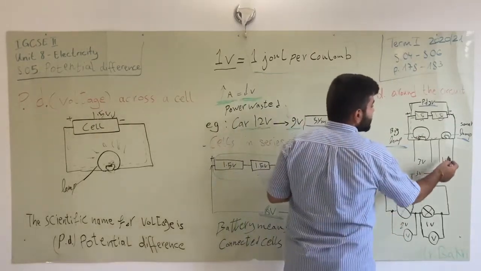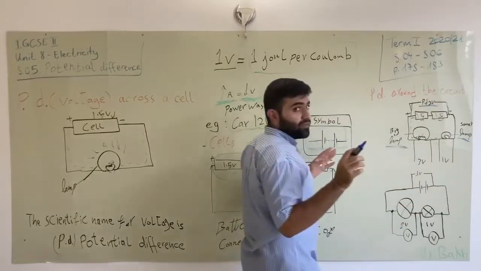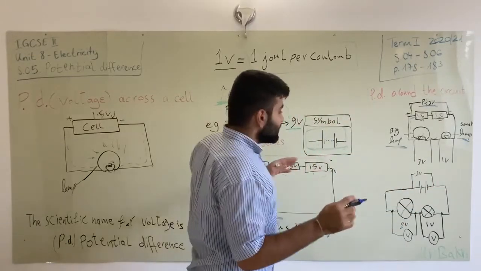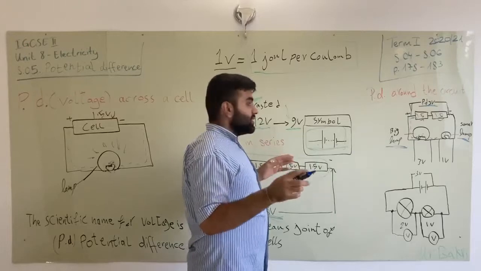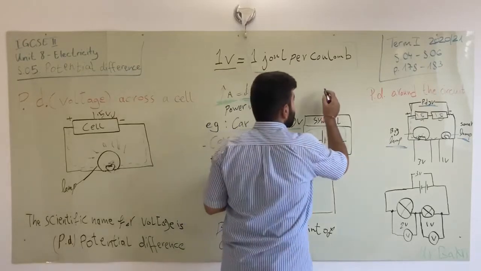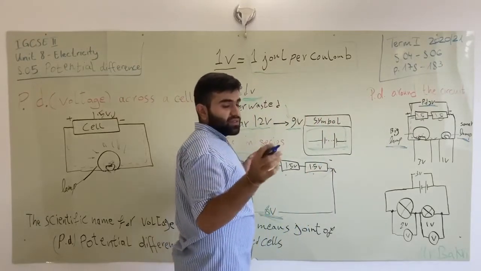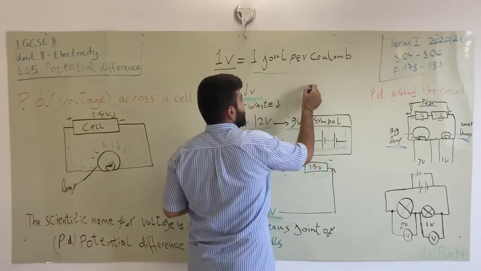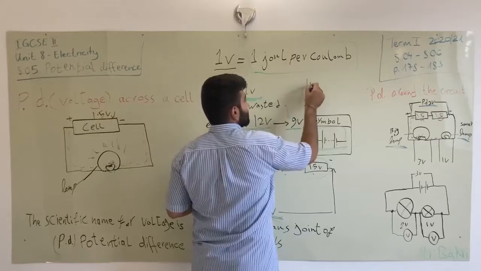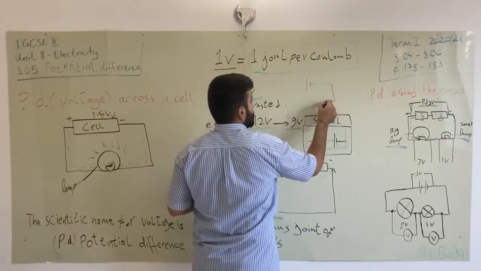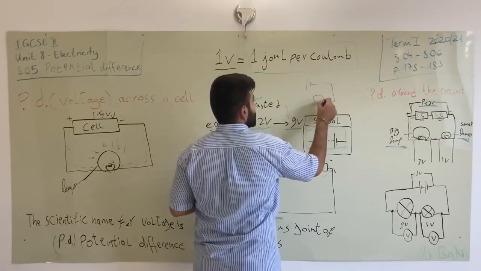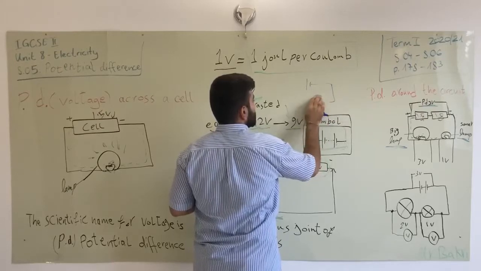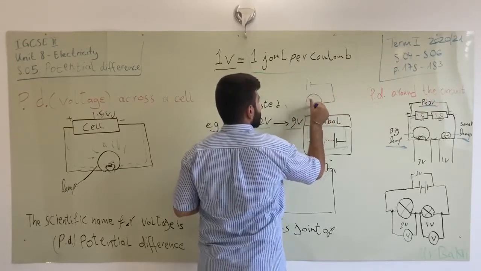So we find here that a voltmeter is not connected like the ammeter. The volt measurement is not connected as the ammeter. So if we have a normal cell with the lamp, or let me put the normal symbol for the lamp,